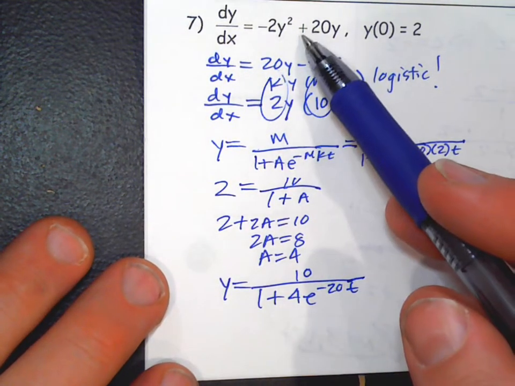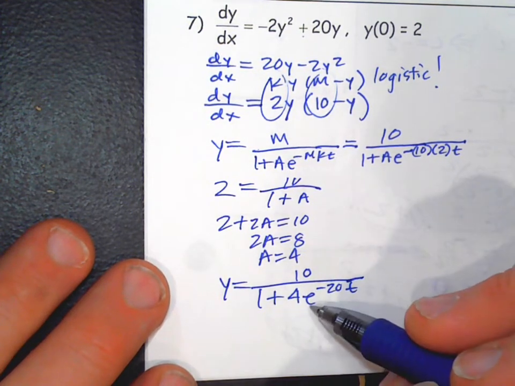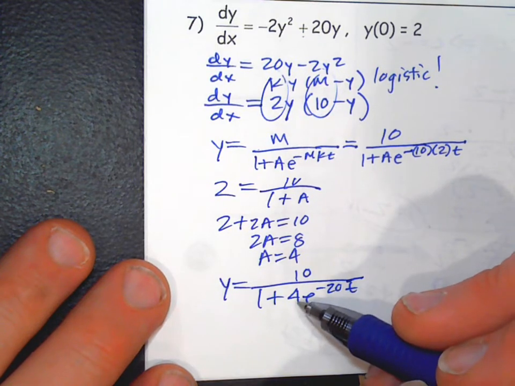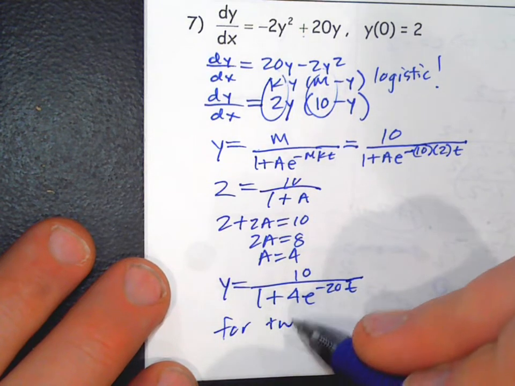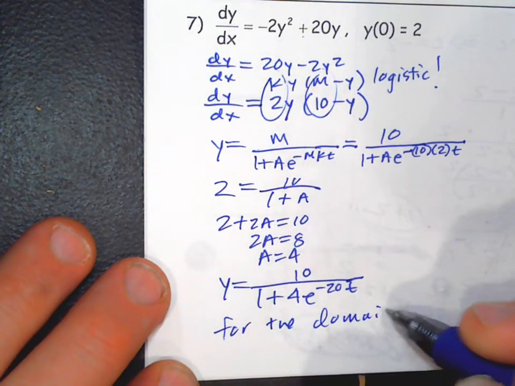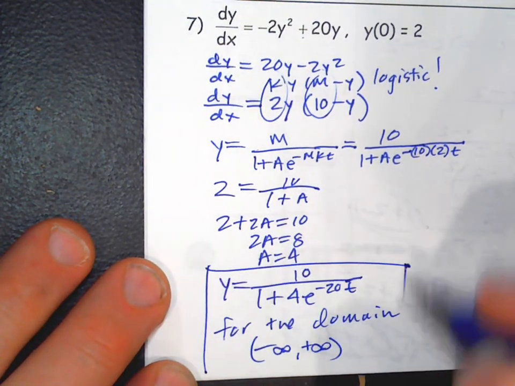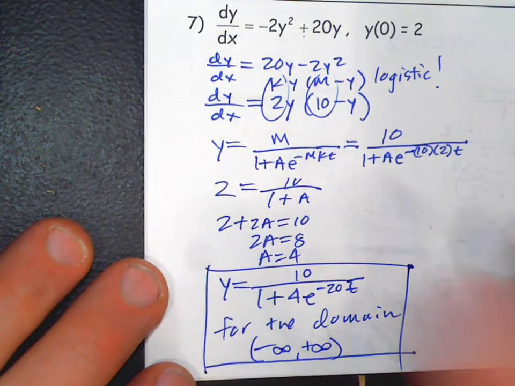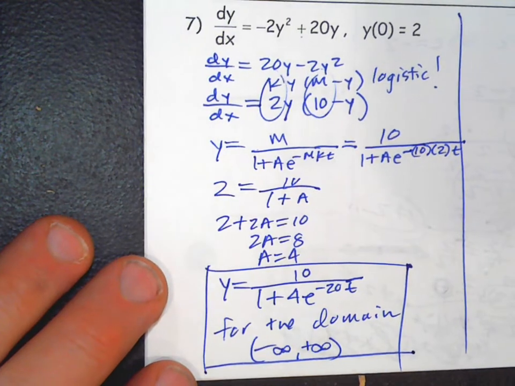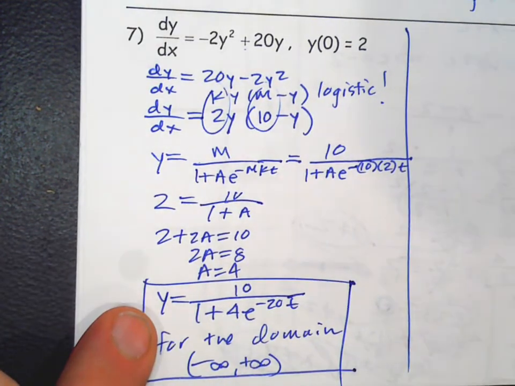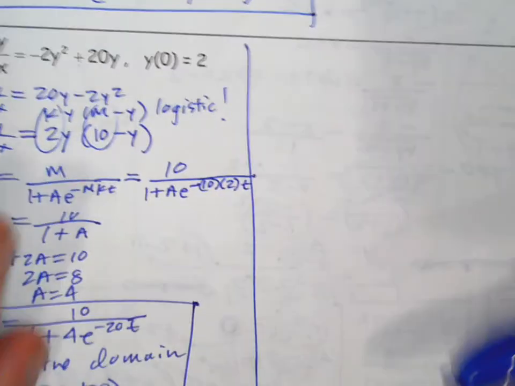Domain, there's no domain issues up here. The bottom can't be equal to 0, but it's never going to be equal to 0 because a positive raised to any exponent is going to be positive. Times 4 is positive, plus 1 is positive. This is never 0. So the domain is negative infinity to positive infinity. So sure, you could do it like this, but you're getting half credit if you pull it off perfectly. But I expect you, on part 1, I let you do some problems where you just memorize this. But on this part, I want to see you actually be able to pull it off. So